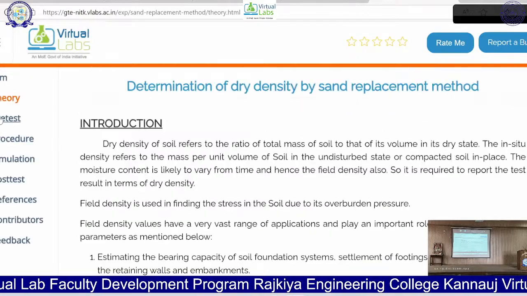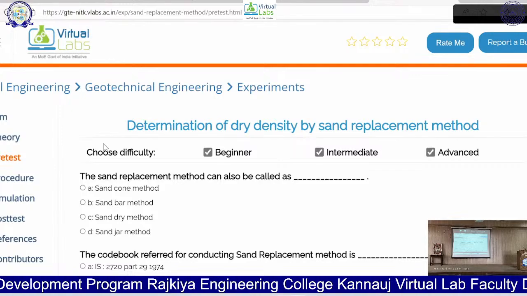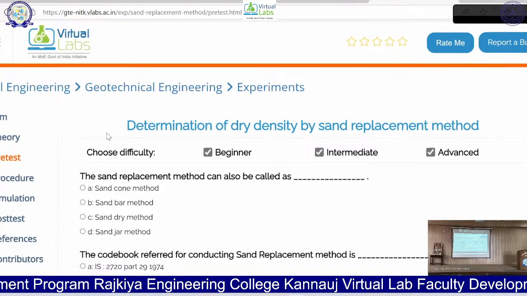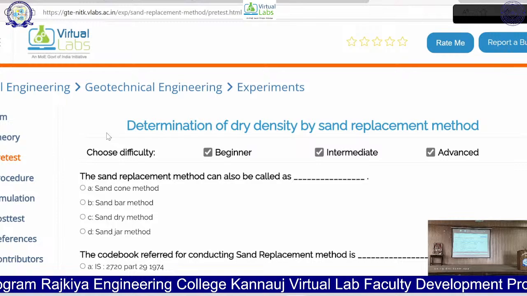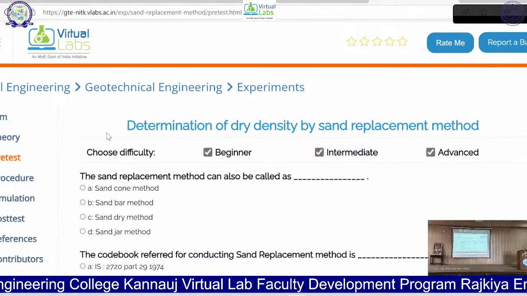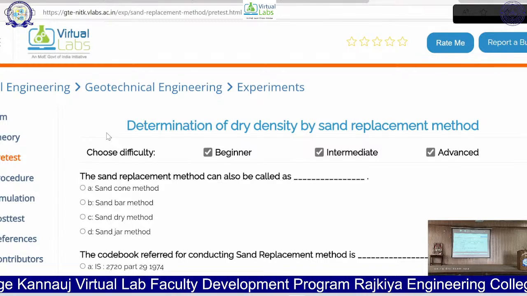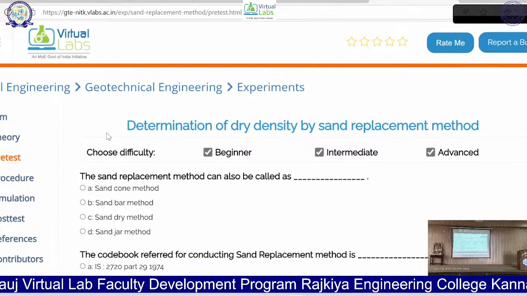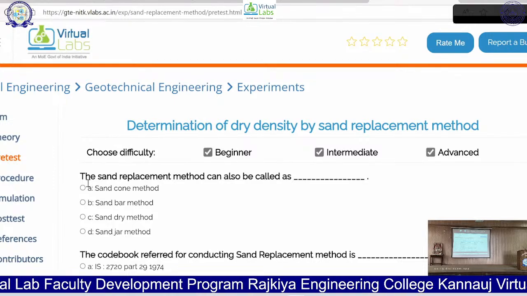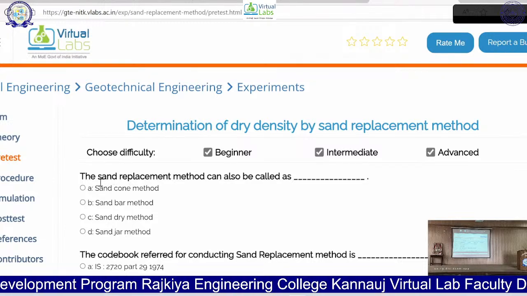Now, after this, first of all you have to take the pre-test, so that before going to conduct this test, you get some knowledge about the basic terminologies or basic things required to perform the test. That's why the pre-test is there.